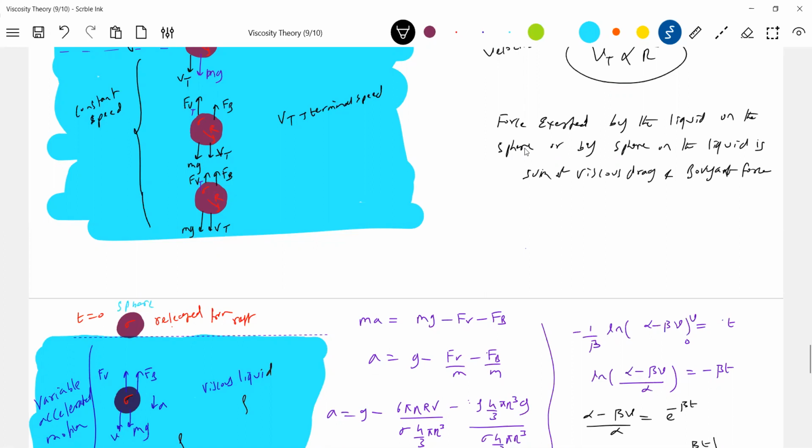Fine. So like this, we have to calculate the same thing. In exams, what they ask: find the force exerted by the